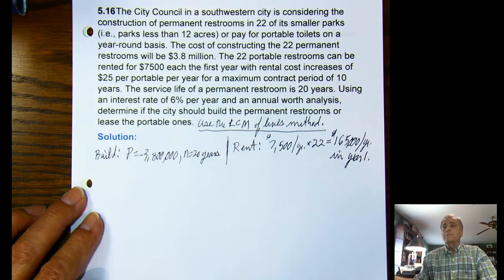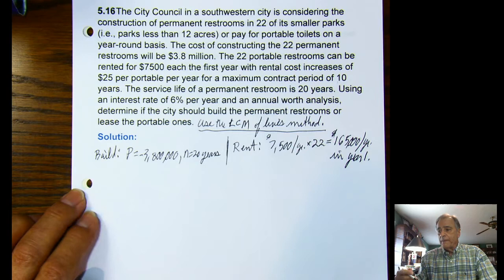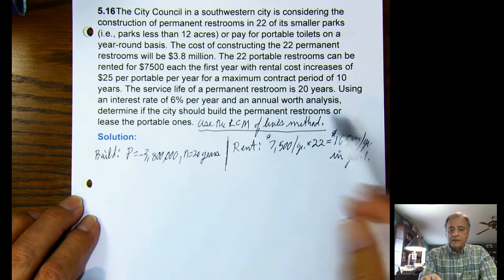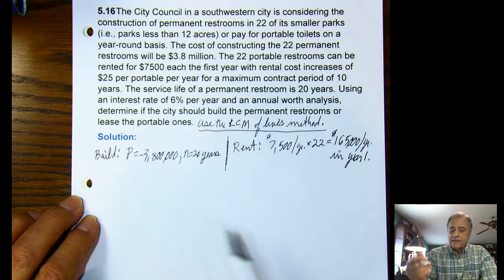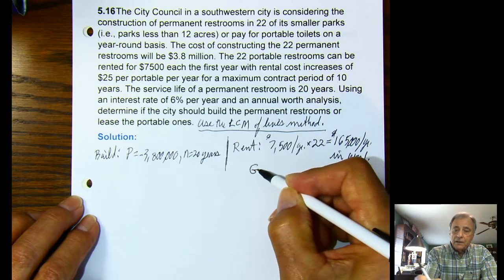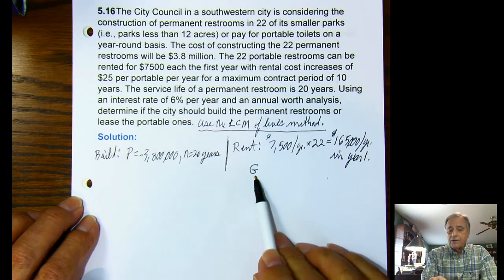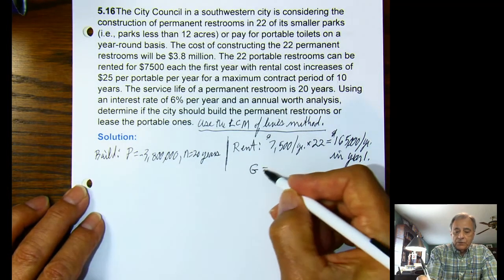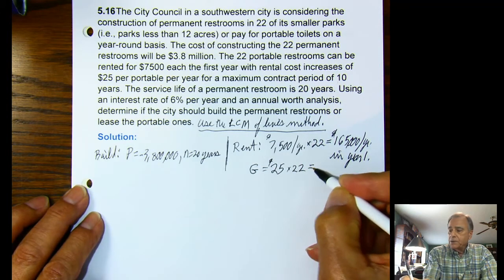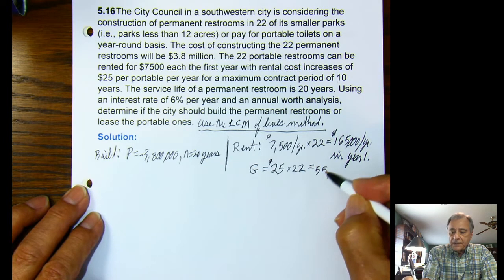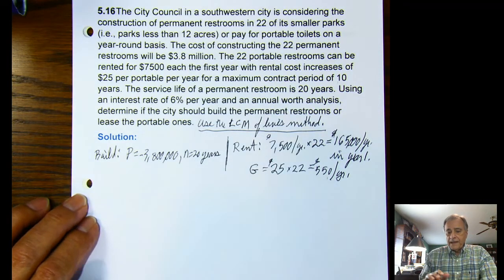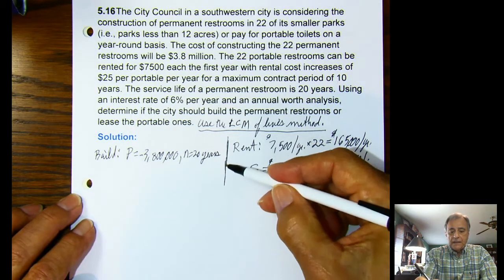And then he says they go up by $25 a year. So they're going up by a constant amount, okay? Going up by a constant. So that's going to make us into a G series, capital G. That stands for an arithmetic gradient of $25 per porta potty times 22 porta potties, which is $550 per year. So that is the option of